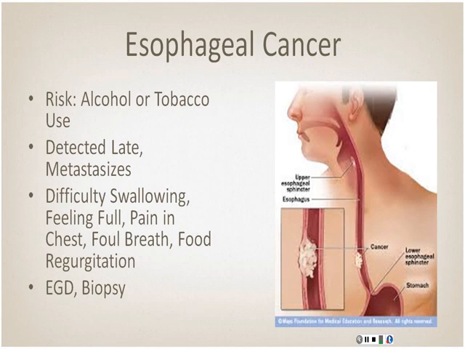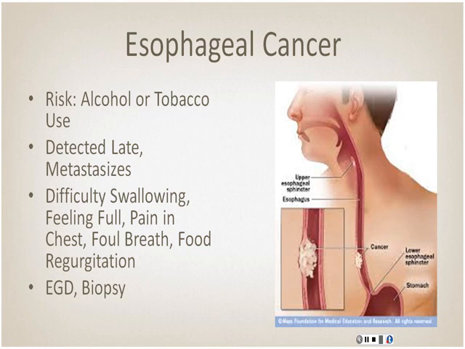As with oral cancer, people that smoke or drink are at a higher risk for esophageal cancer. This type of cancer is usually detected late because of the proximity to the lymph nodes. It metastasizes. Signs and symptoms that occur in the late stages include difficulty swallowing, feeling full, chest pain or foul